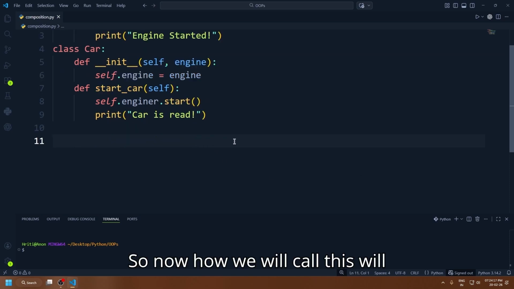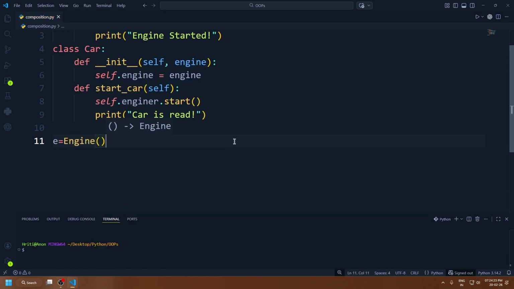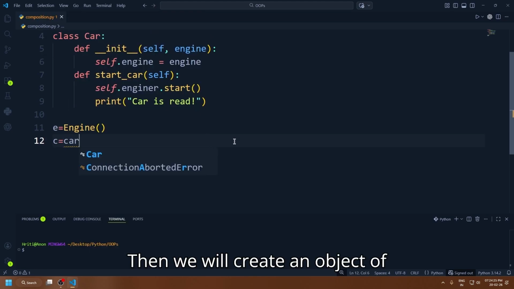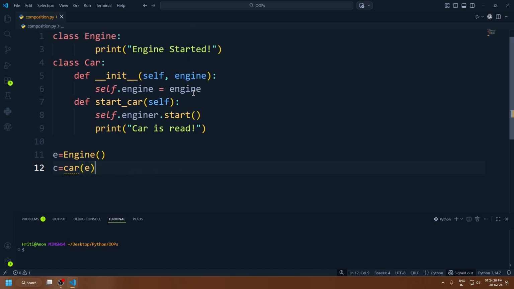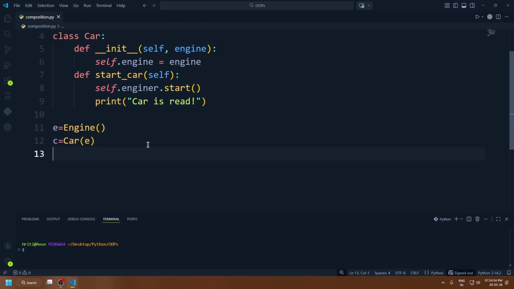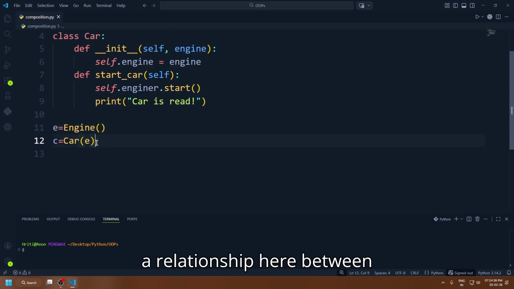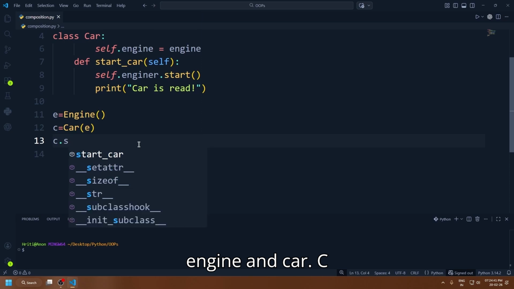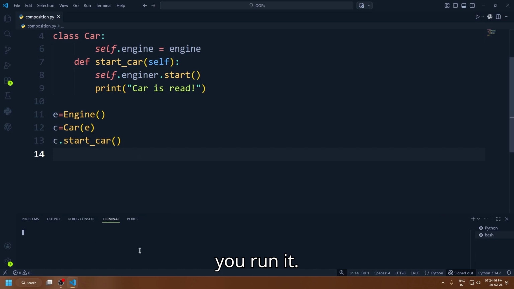So now how we will call this will look like this. First we will create an object of the Engine class, then we will create an object of the Car class with the engine in it. Okay, the C was capital. So we just created a relationship here between engine and car: c.start_car(). And now if you run it,